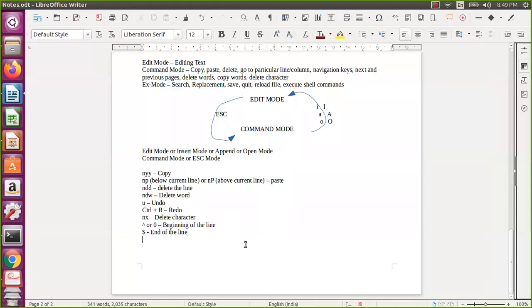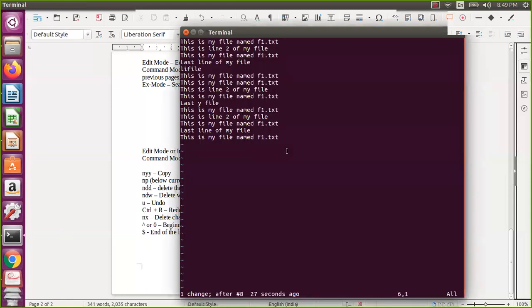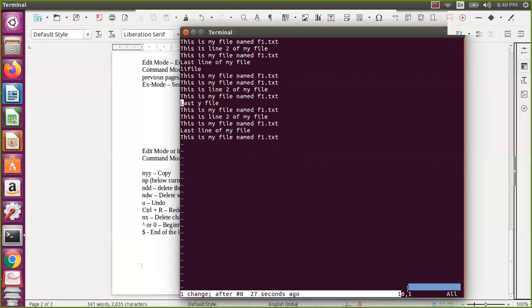Okay, so now I am here actually. Now I want to go to the last line actually. So now just say shift G, it means capital G actually. So it will take you to the last line. So now I am here, I want to know this line information. Even though you know this one, I just want to know complete information. You just say Control G. Okay, so then it will say modified, this file has got modified, and then some more information actually.